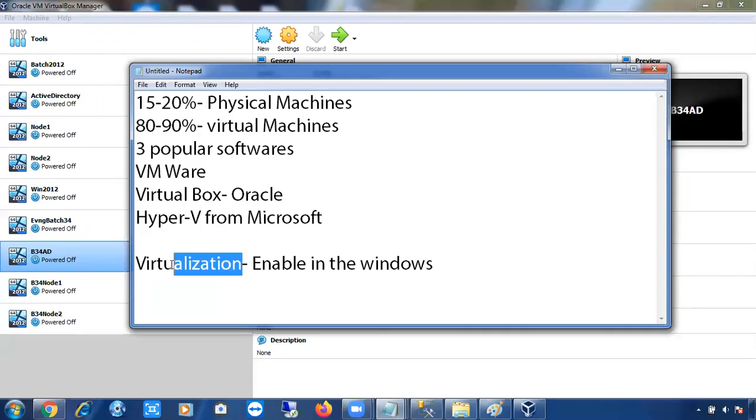It should be enabled. If it is disabled, you cannot create different machines with different settings and configurations. So I'll help you with how to enable this virtualization. Mostly I guess it will be enabled in your laptops, but if it is not, I'll help you enable that option.